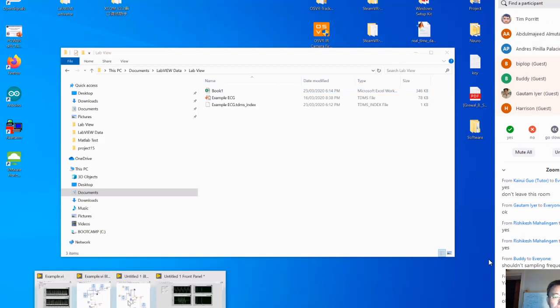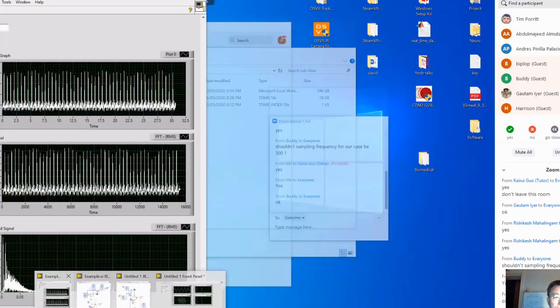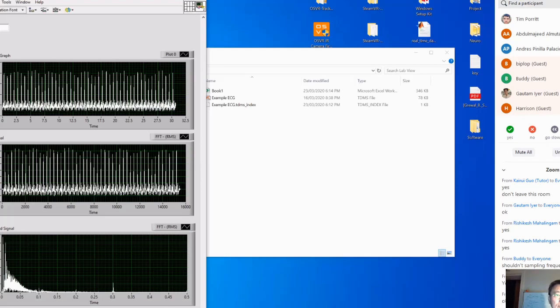Yeah. So okay, before we go, let's look into the basics of LabVIEW. So once you